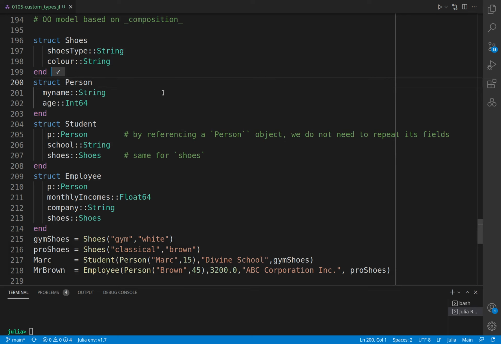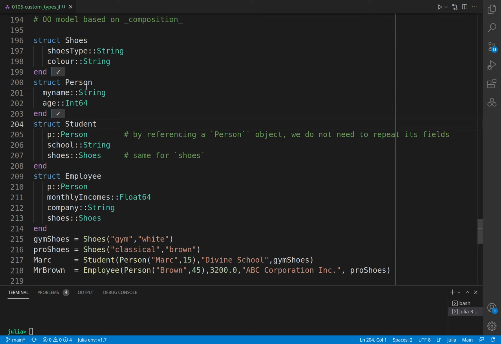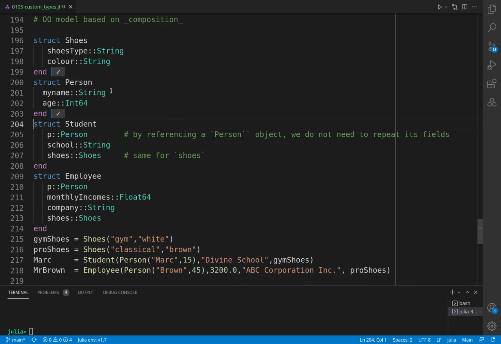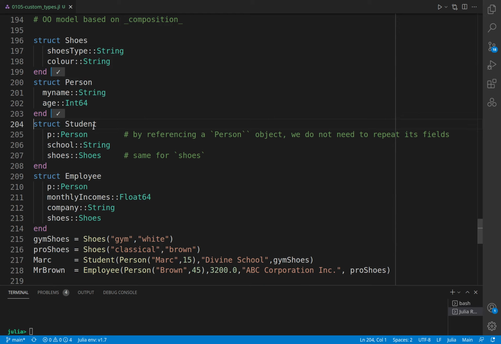And then we have another type, person, and the characteristics of the person are the name and the age. And then we want to create students. So if we use inheritance, we define a student as a child of a person. But another way, based on composition, is to say,